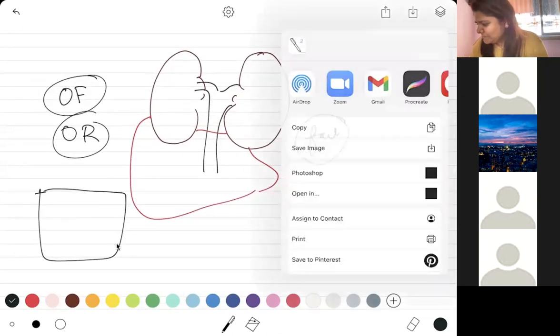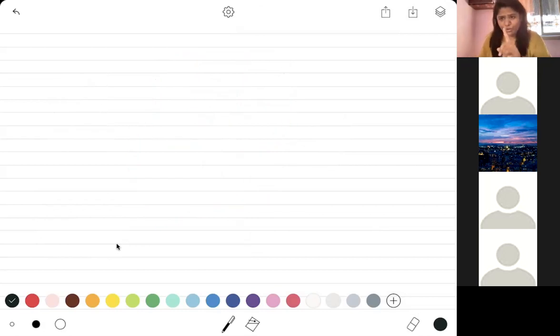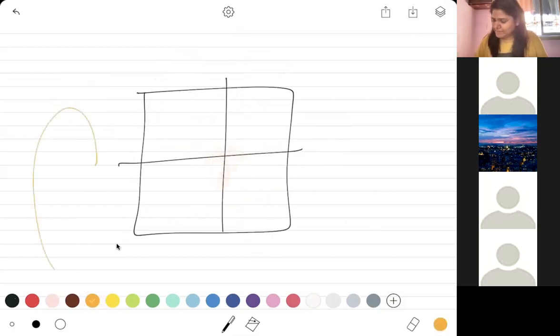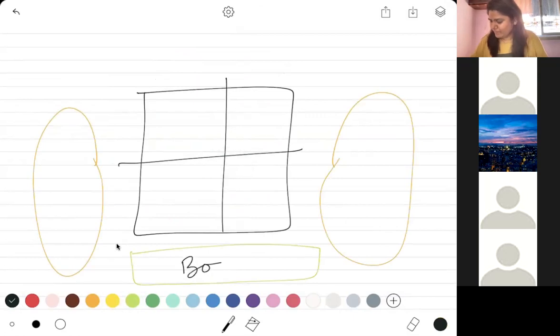I'm just going to take this part. Okay. So I'm going to show you a very, very easy path of what is happening. Heart. I know, not the most aesthetic heart, but heart right now with 4 chambers. Okay. Let's call this a lung. Let's call this a lung. And let's say this is the body.